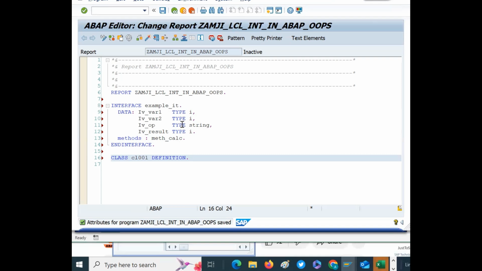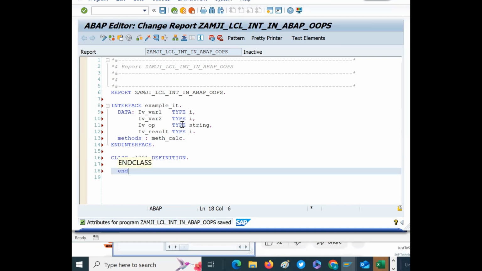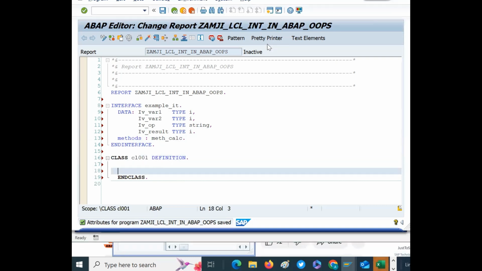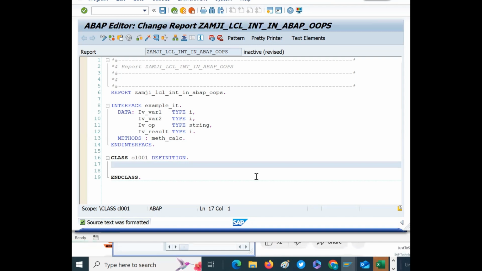And we end it before we forget, so let's end the class. This is good practice, and you also pretty print, so it makes everything consistent in the tab. Now the first thing you do in the class is the public section. We type public section, and in the public section